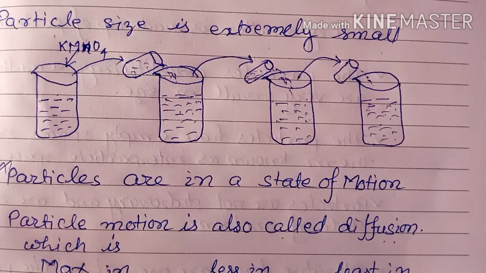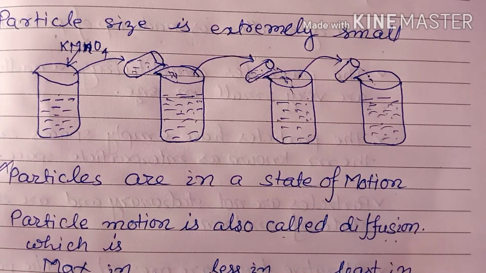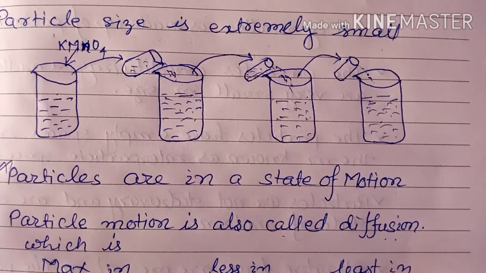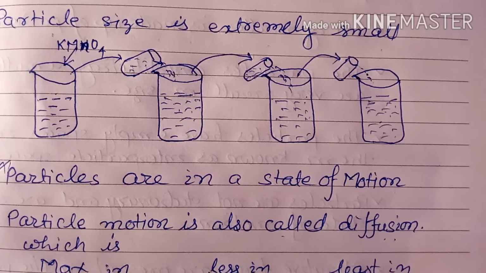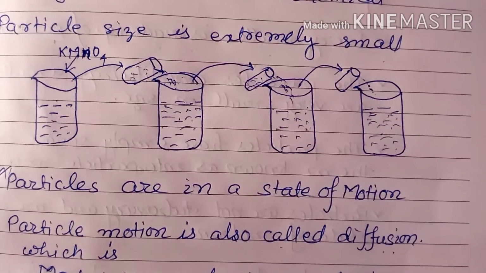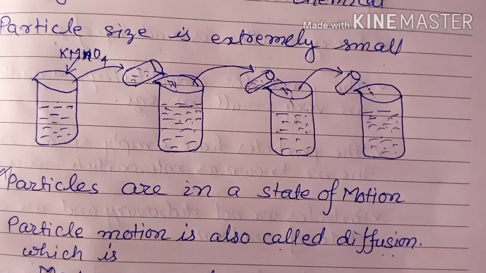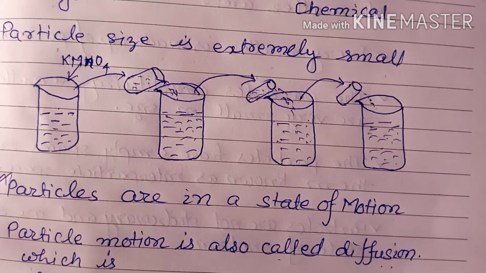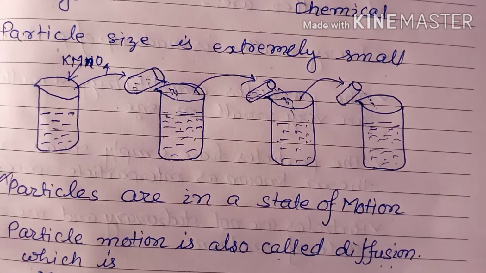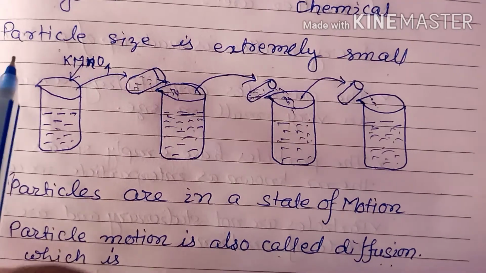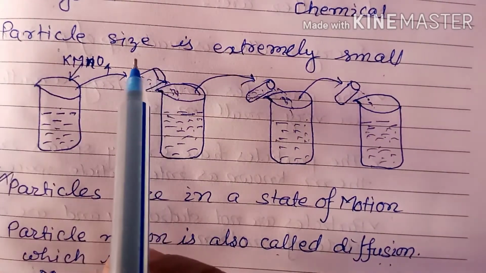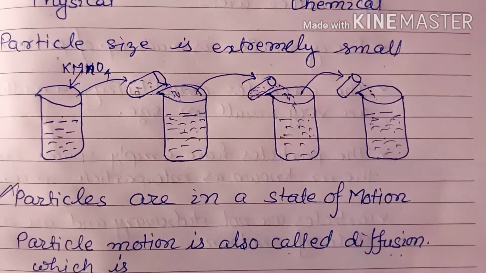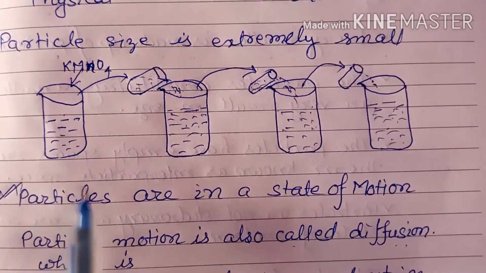In this chapter we'll discuss the physical classification of matter, and chemical classification of matter will be studied in later chapters. So first we'll discuss the characteristic features of substances, matter. That is, particle size is extremely small, and this can be understood by one activity, and this activity is this: